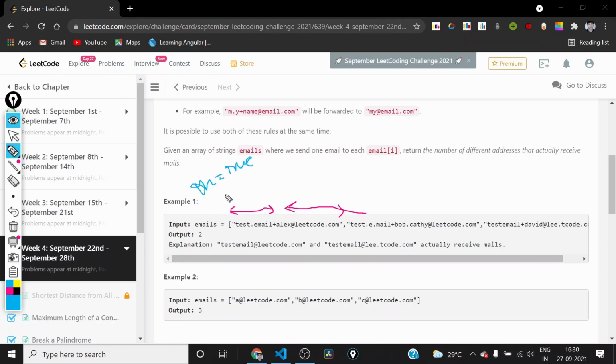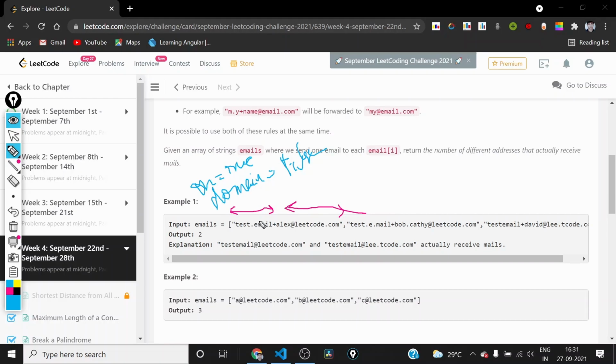We again need one variable to know whether we are in the domain part or the local part. So I will use a variable domain, initially set to false, and as soon as I encounter an @ sign, I will set it to true.